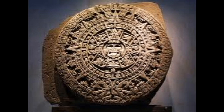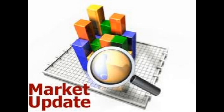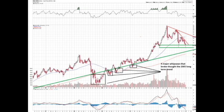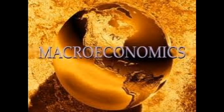Happy New Year. It is January 1st, 2012, and this will be a market update with an in-depth look at whipsaws and how it's prevalent for today. Oil, gold, and silver have corresponding whipsaws, so we will examine them technically and then go into microeconomic information to